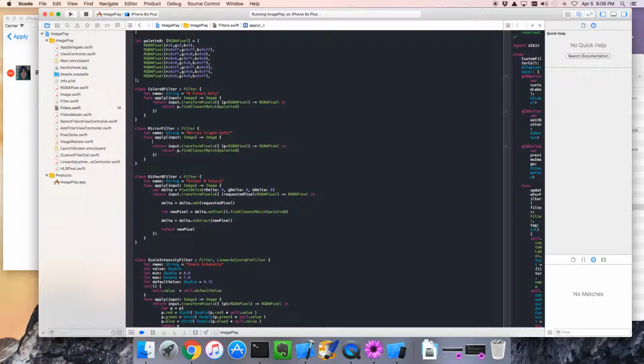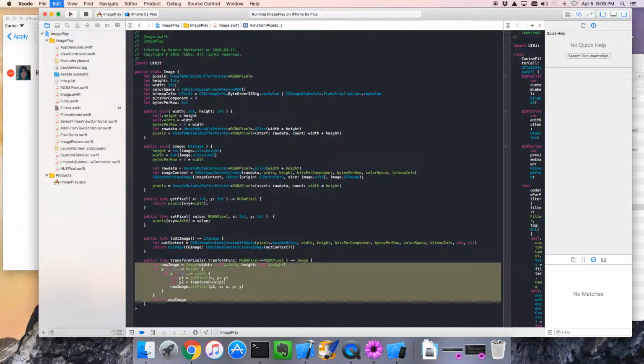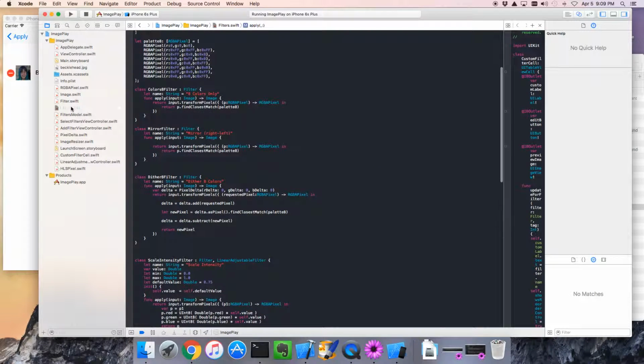Now, we're not going to use transform pixels because that visits each pixel and doesn't really give you knowledge of other pixels in the image. So let's take a look at image. That's where transform pixel is defined. And let's find transform pixel again. Transform pixels. Okay, here's what it does. It's processing pixels. So we want to do that ourselves in this case. So let's go back to our filters. And for our mirror filter,